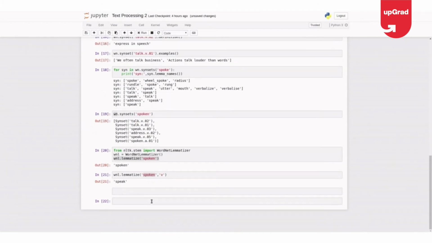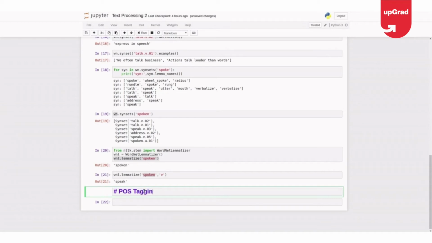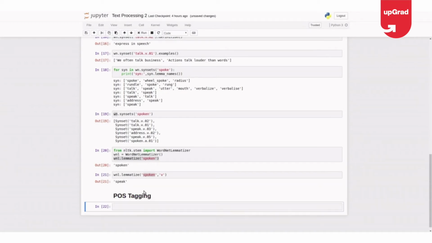So now we'll discuss something called POS tagging. So what is POS tagging? POS means parts of speech. I think everyone knows what parts of speech are. It's basically identifying the parts of speech in a particular sentence or a paragraph, like whether it's a noun or a verb or a proper noun or a common noun or an adjective or adverb or a determiner or different things.